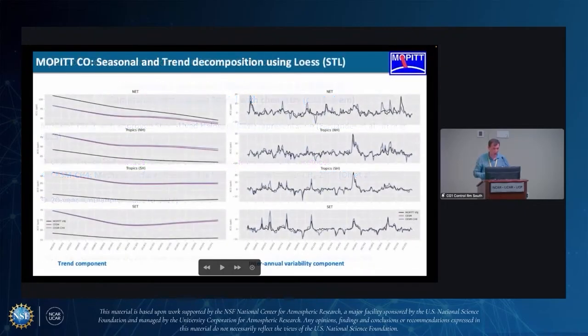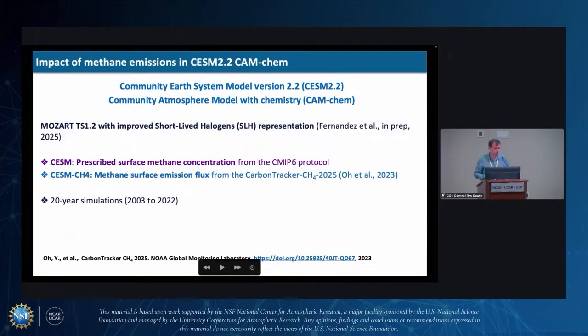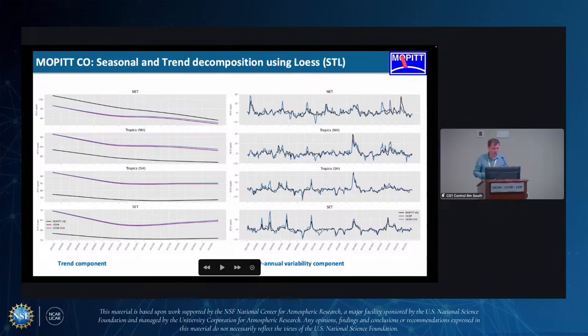So it keeps going. Now I did a 20 year simulation where I'm comparing prescribed versus emission-driven using the new CarbonTracker methane release of posterior emissions, where, I should say, they're using isotopes to constrain both the total methane emitted and the partitioning between the microbial and fossil fuel sources. So here I'm using MOPITT. I've been decomposing the time series. And so now we do have